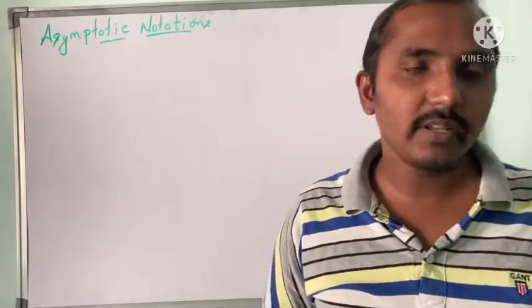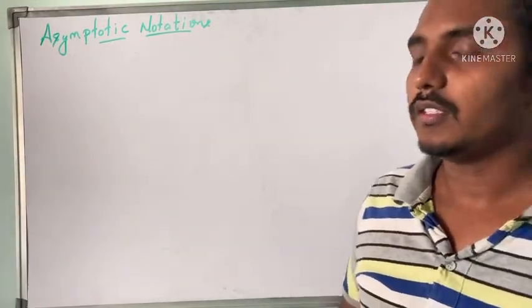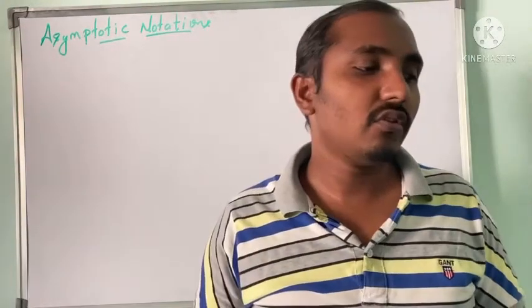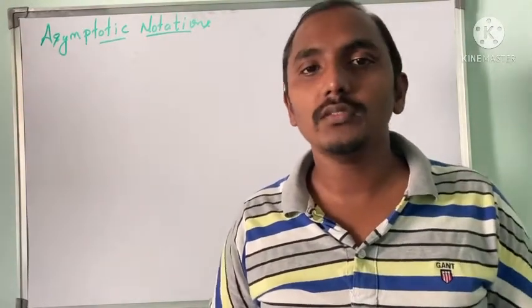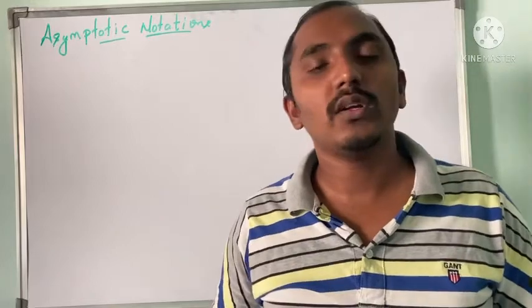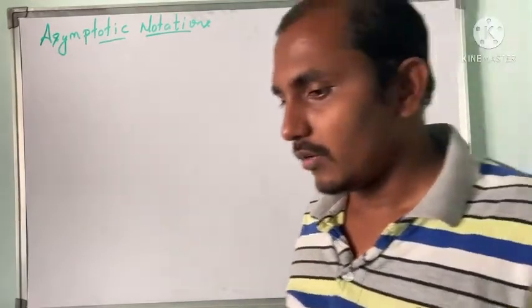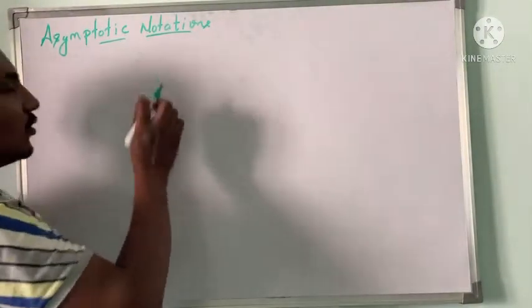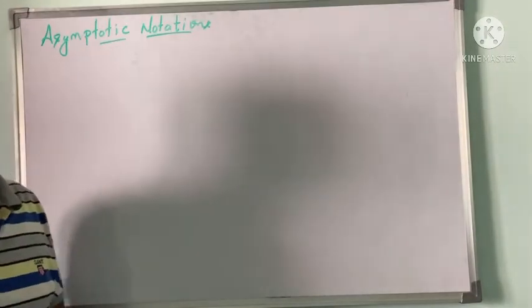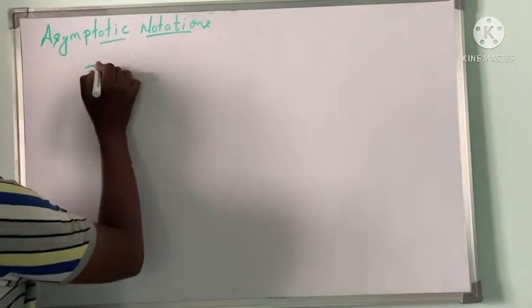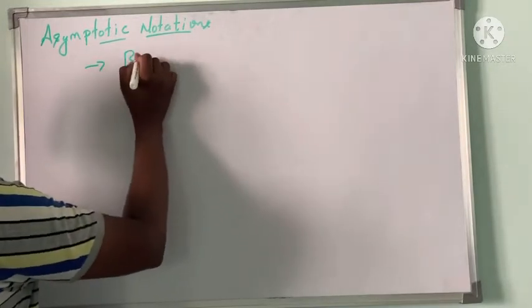I have already explained what analysis of algorithm is. Analysis of algorithm can be done using two methods. One is based on time and one is based on space, how much memory it is going to occupy. Now, we have something called asymptotic notations, which are used to measure the efficiency of an algorithm. To do that, we will be using three notations, which are called big O notation,